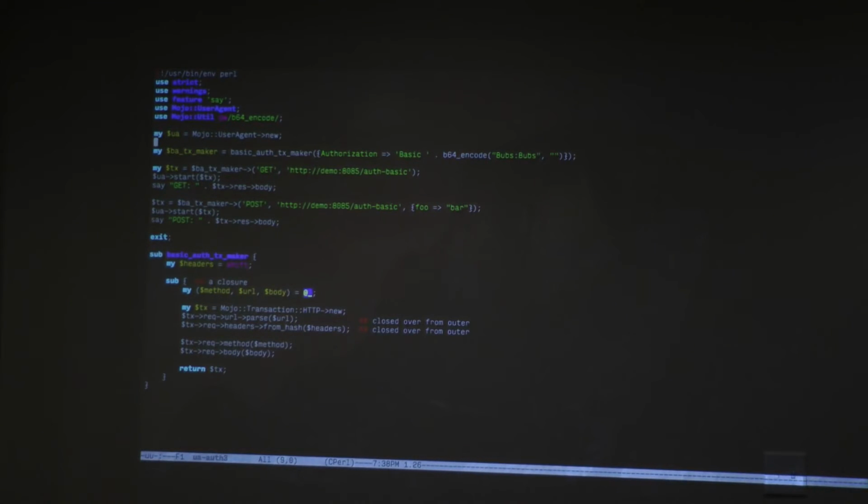What we do is we make a basic auth transaction maker, and we pass it the basic auth headers. So here's what that looks like. We grab the headers, and then we return a subroutine. This subroutine is a closure because we're closing over headers. This subroutine accepts a method, URL, and a body. And then,